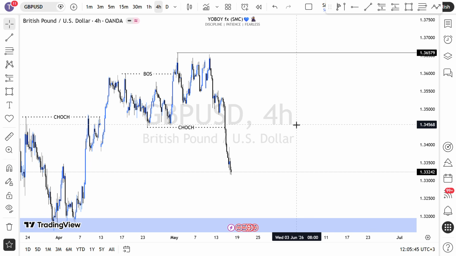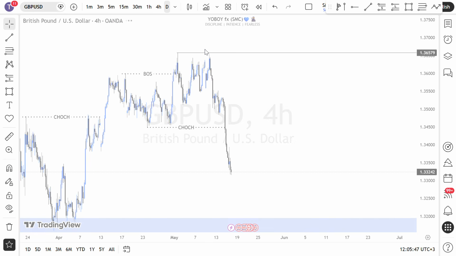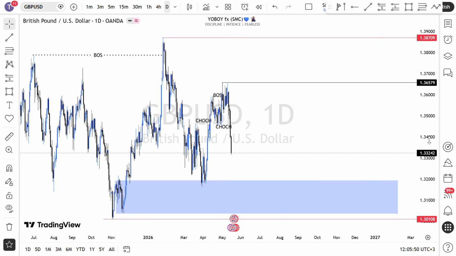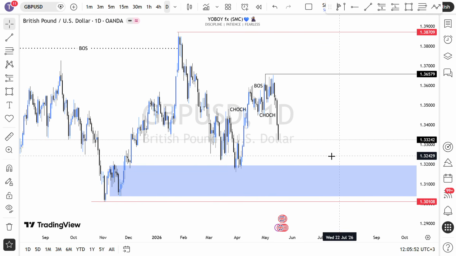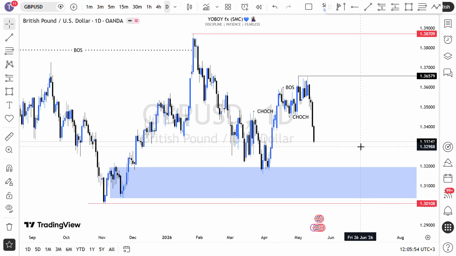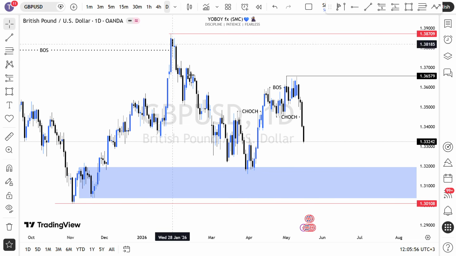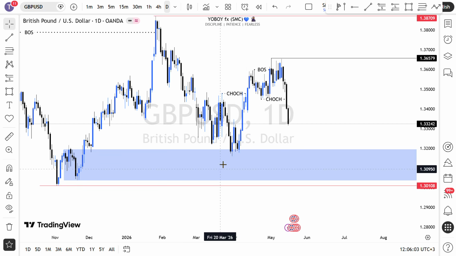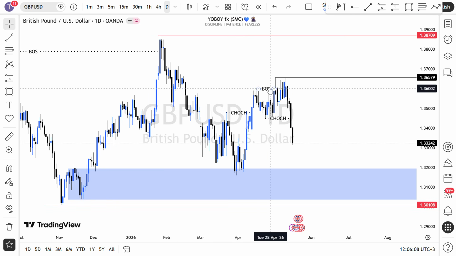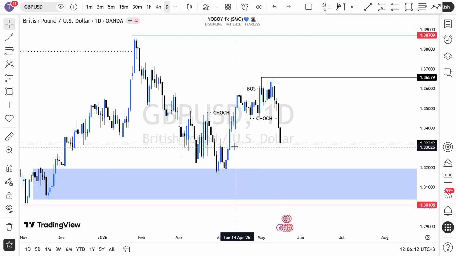So if I would want to take my sell, I would always come into the daily time frame, look for a fair value gap where price will look to mitigate, and then we have the price reacting to the downside. So remember, on GBP USD we have a different scenario. We had this point of interest down here. Price formed a change of character, and then we have price consolidating around this area. So price might react from this extreme fair value gap, and then see price moving up to break a structure.